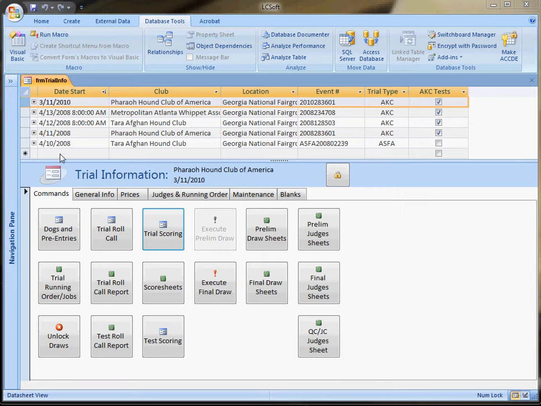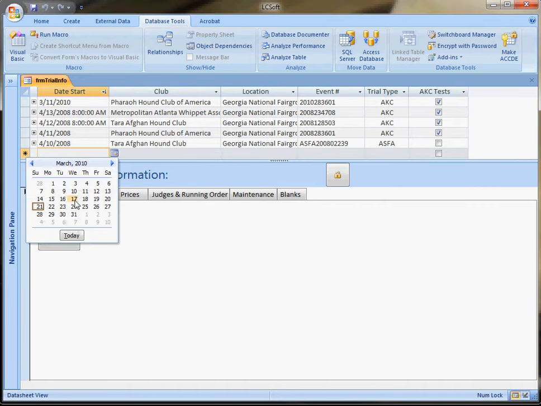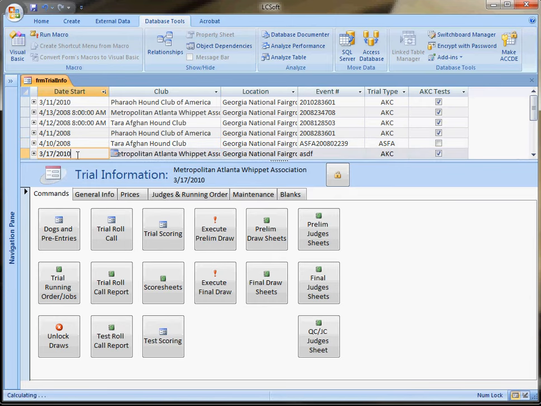But anyway, basically you'd start off ahead of time and create a trial. We'll do it for March 17th, and we'll do the Metropolitan Atlanta Whippet Association. Doesn't really matter what we put in here, and we'll go ahead and make an AKC trial with tests. So now that we've created that trial, we're just waiting on our entries to come in, and as entries start